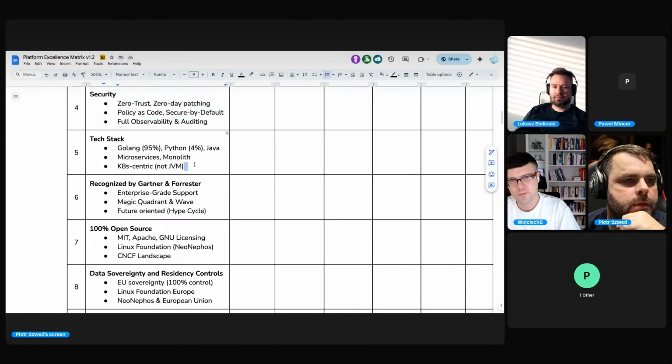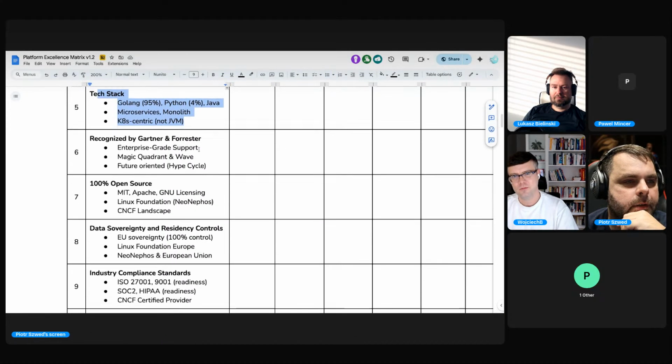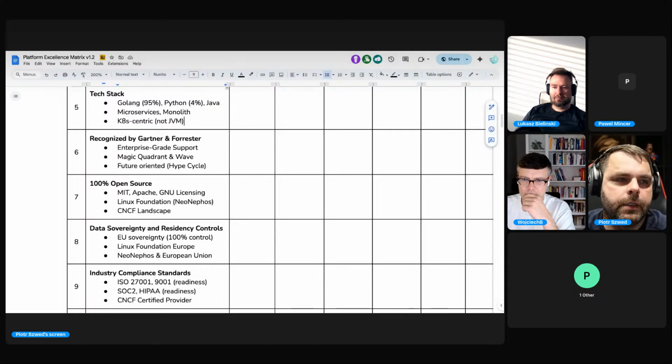Okay, let's jump to the next one, which is in some organizations quite problematic. What about the stack? How should the platform actually be built? Because we already know that most companies use Docker, most companies use Kubernetes, most companies use some sort of cloud services. And if you look into how it is all built today, in most cases it's a Golang stack, right? Argo CD Golang, Terraform Golang, Helm Golang, Kubernetes Golang, Docker Golang, right? With some exceptions like the AWS command line client, which is written in Python, Boto3 library. What do you think about the technology stack?